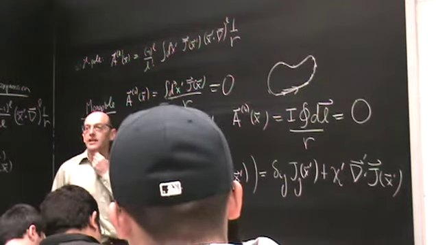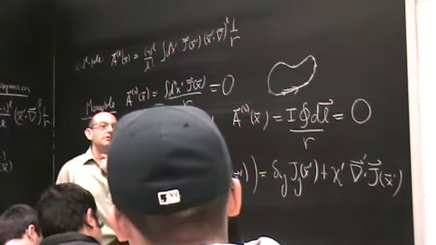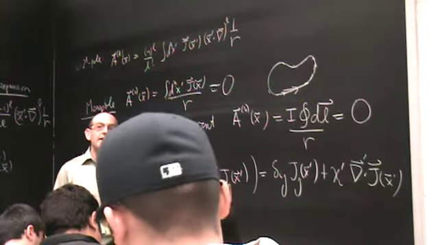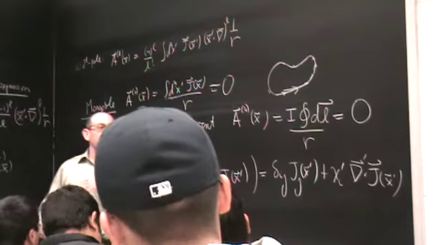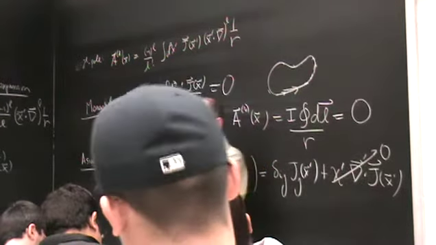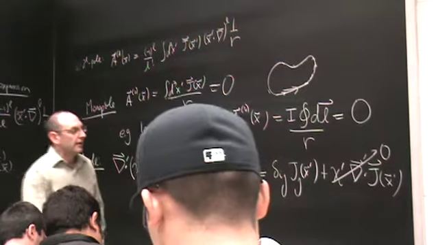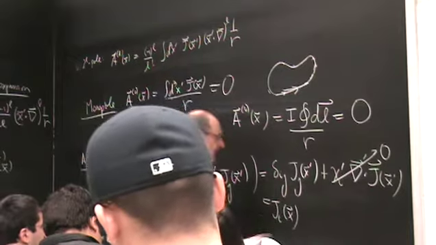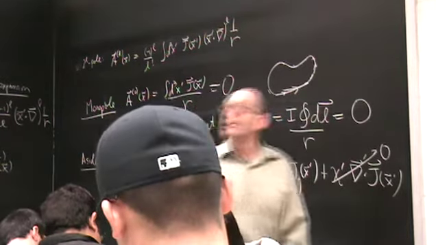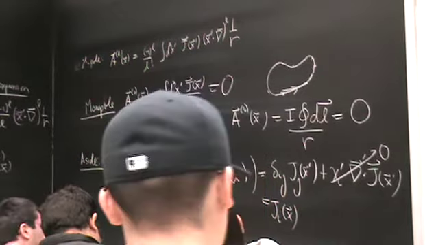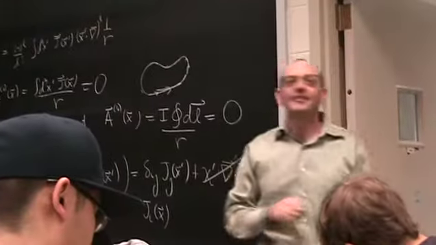But what's del dot j? It's the negative of d rho dt. In this case, we're talking about magnetostatics, so this is 0. Del dot j is 0 in magnetostatics. Sum over j is ji. So, what we see here in this completely unmotivated but true identity,